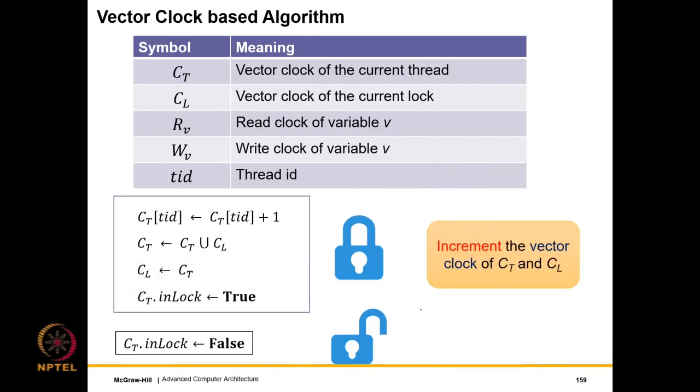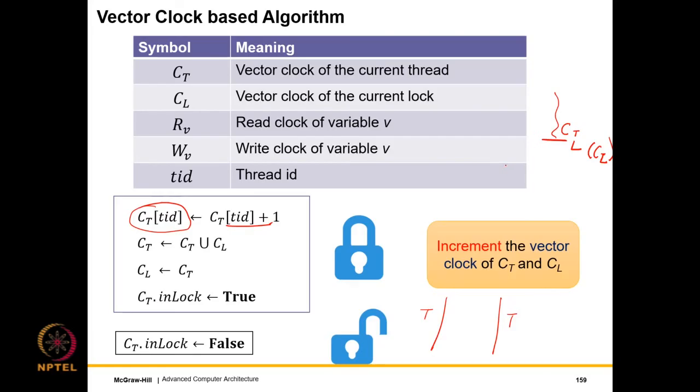So what is actually being treated as a message over here, let's say between two threads, is nothing but the synchronization edge. Okay. So what we are doing is that when we are acquiring a lock, we are increasing our current counter, right? So let's say there is a thread like this. It comes and it acquires a lock over here. So after this point, let's say its vector clock is CT and the lock's vector clock is CL.